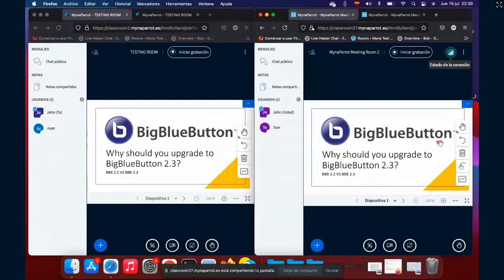Another interface difference we can compare is here. This side is Big Blue Button 2.3, and there is a raise hand button here.